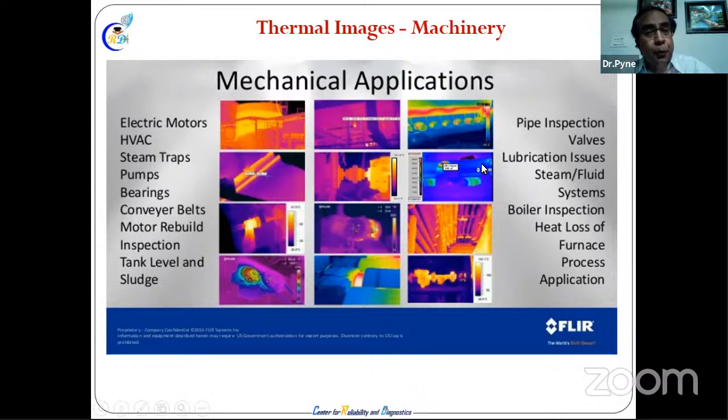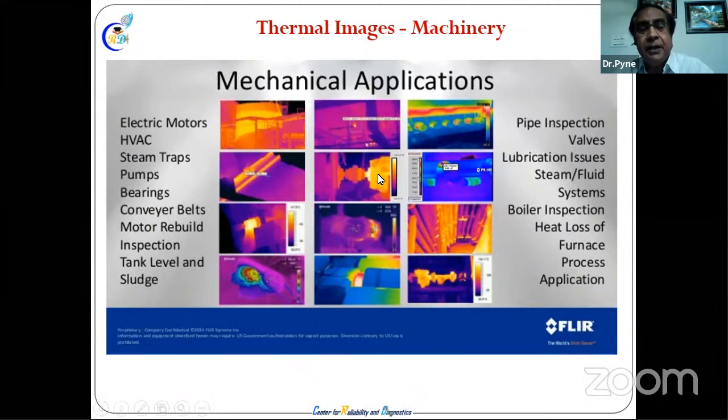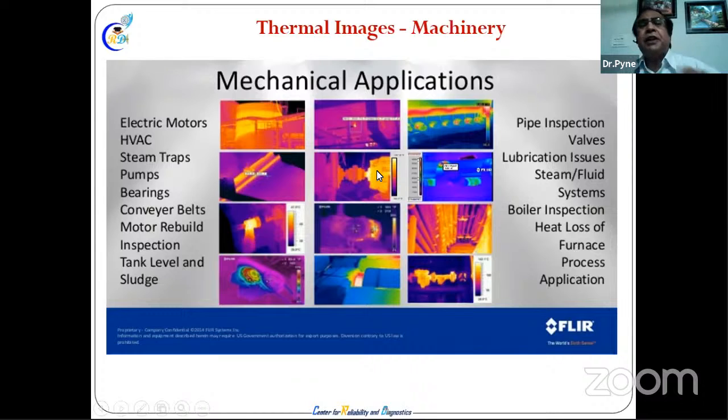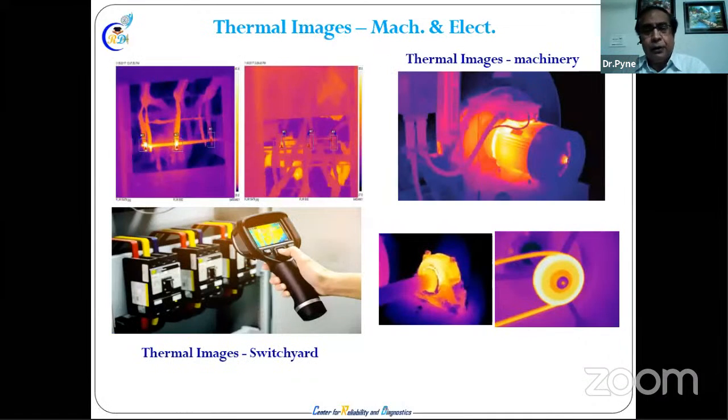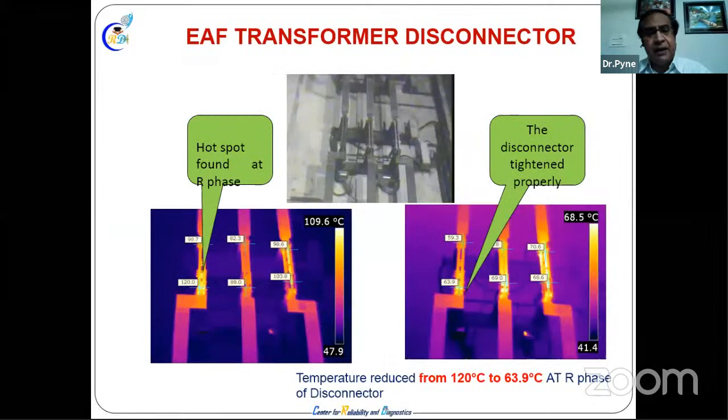If you do all these things in time, it will save your energy. This motor is running like this. If you keep it like this, it is taking more energy by way of heating, misalignment, bearing damage and all these things. It is taking more energy. If you count it, you don't count. That's why people say nothing happens, it is running for 5 days, we'll change it. No, if you count it, and the number of motors in the industry, say 1,000 motors, 2,000 motors working in different plants for pumps and fans, then you'll see how much energy goes. There are different thermal imaging done in different places.